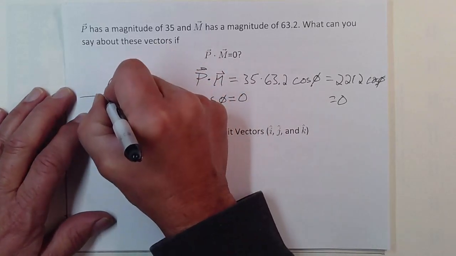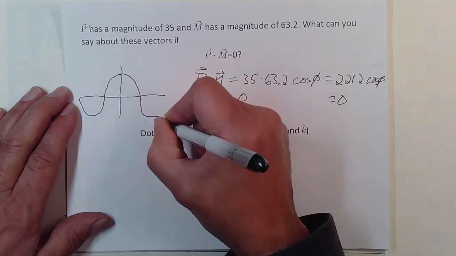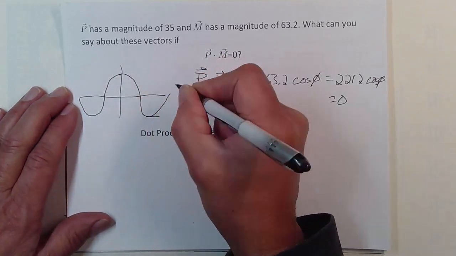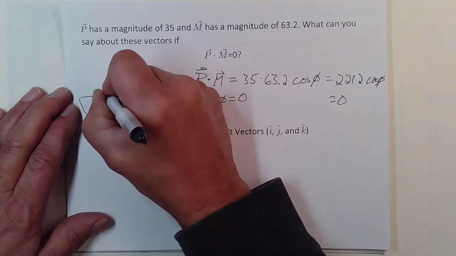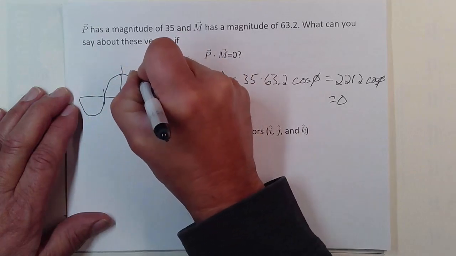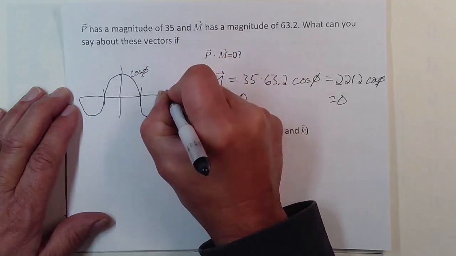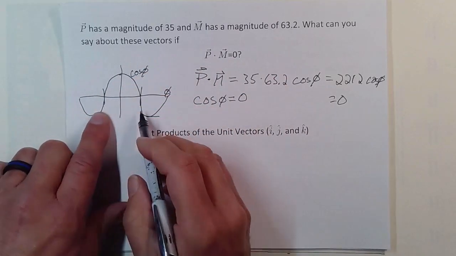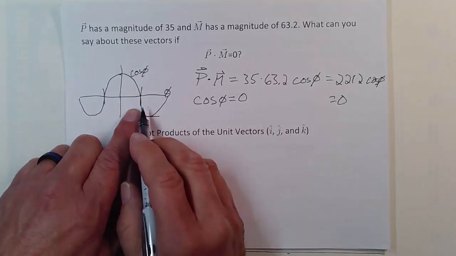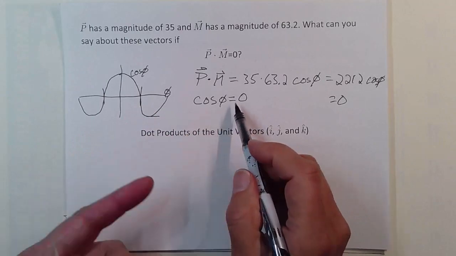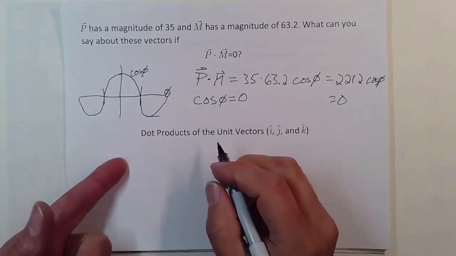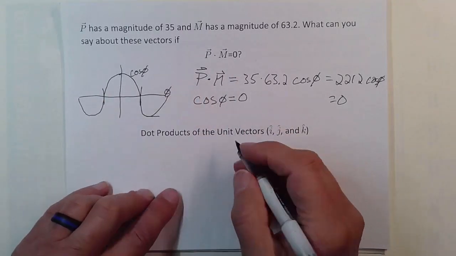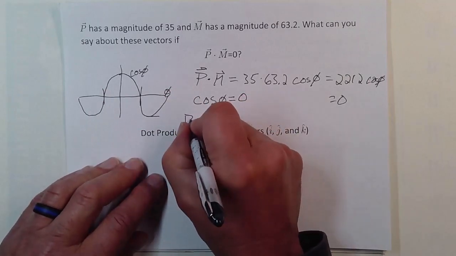And it doesn't have to be the greatest drawing in the world. Anyway, where is the cosine 0? This is the cosine of phi as a function of phi. It's equal to 0 at either minus 90 degrees or plus 90 degrees. Well, if the angle between two vectors is 90 degrees, P and M are perpendicular,